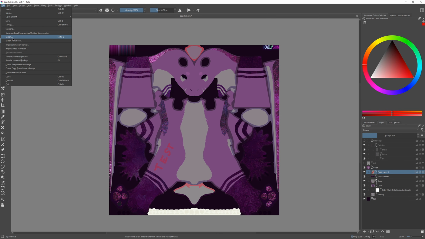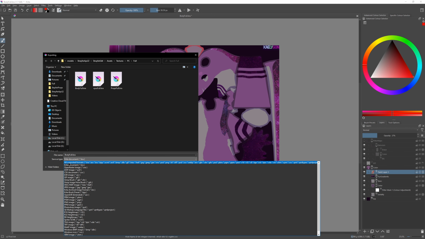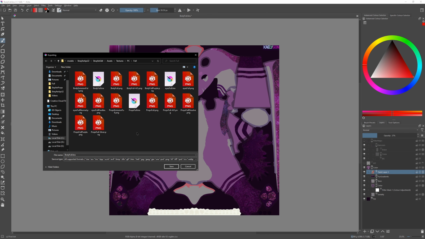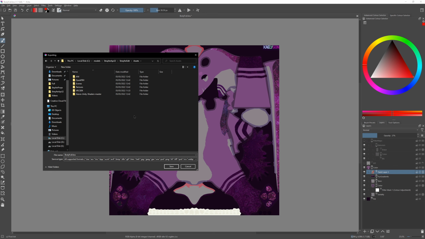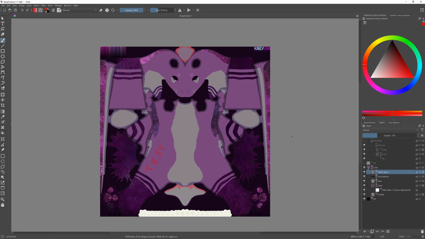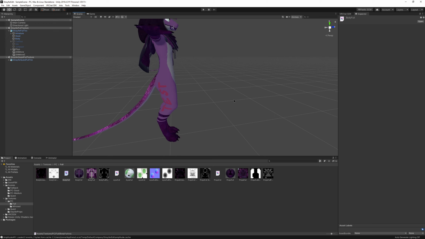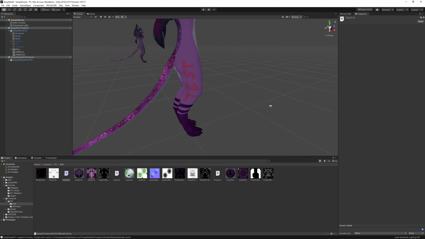File and export, and then you want to locate the textures, PC and full that we are editing, and then bodyfull CRA means that we're gonna export this to bodyfull PNG. Save it and replace. We're going to take a look at the edit. Now it's like a lighter pink, and we got test in the leg. That is